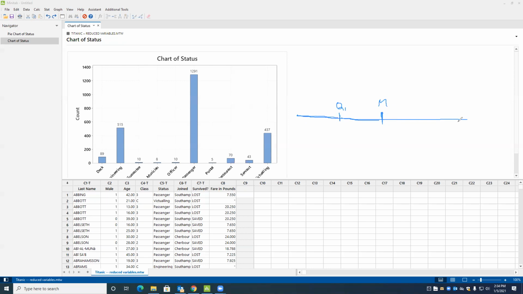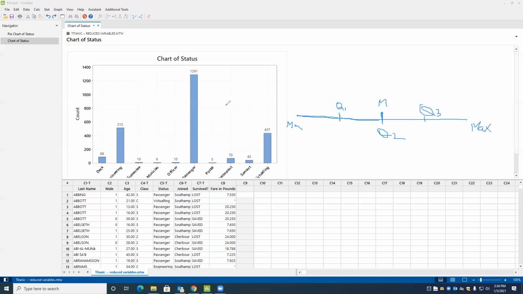Same, I take from here to here and I divide into two pieces. This is Q3, which is quartile 3. So Q1, this is called Q2 or median. This is Q3. This is the minimum value. This is the maximum value.